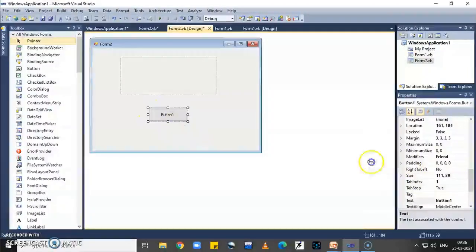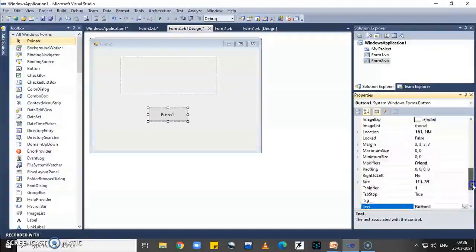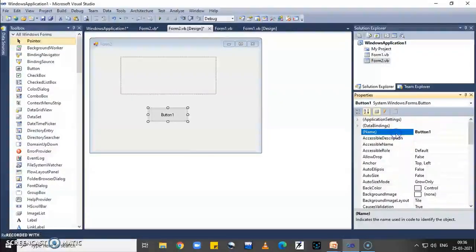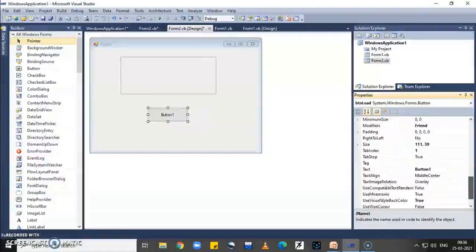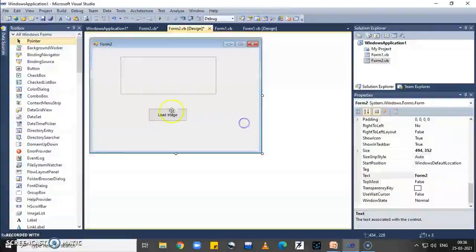Now first of all change the properties of button control, change the name. Suppose I write btnload, and the text property. This button is used to load the image, so I write the text as load image. Means whenever I run this form and the user clicks on the load image button, then the selected image is displayed in this picture box.